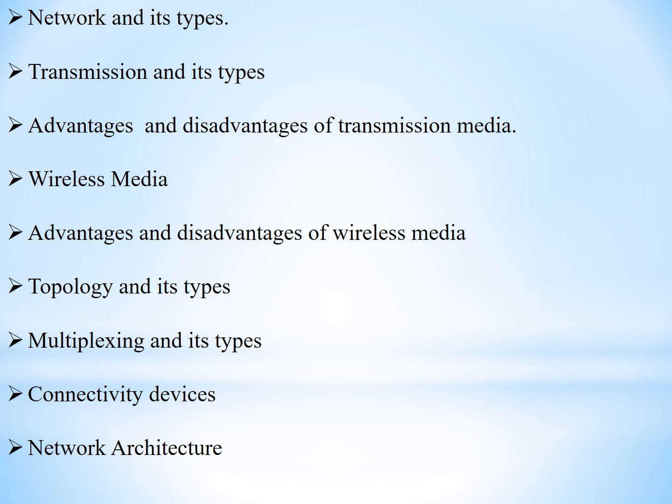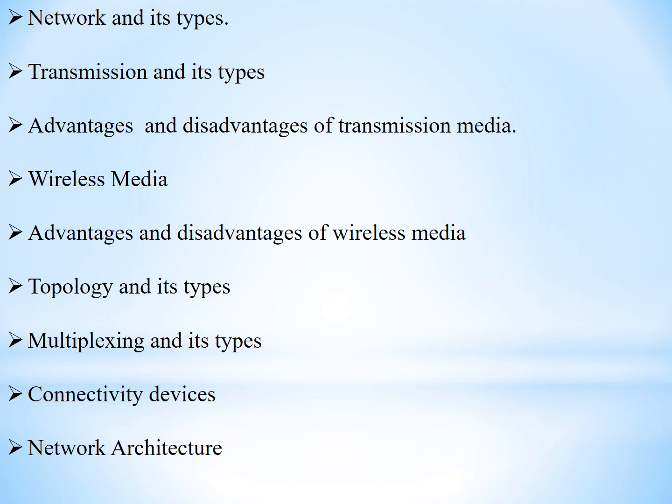Next comes the transmission media and its types. In transmission media, firstly we learned the definition of transmission media and its 6 characteristics: cost, installation, bandwidth, attenuation, immunity against EMI, and band usage. And we discussed the three types of transmission media. Firstly, the coaxial cable and its types, thin net and thick net; twisted pair cable and its types, shielded twisted pair and unshielded twisted pair; and lastly the fiber optic cable.